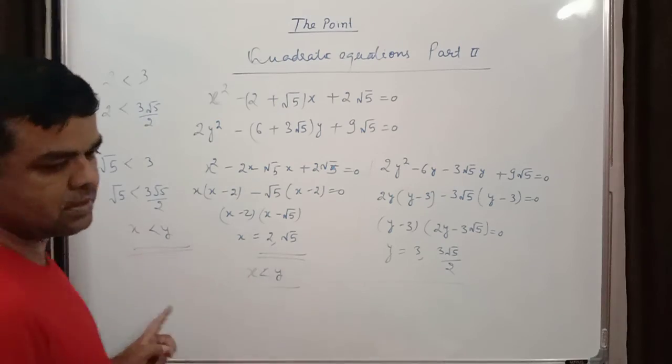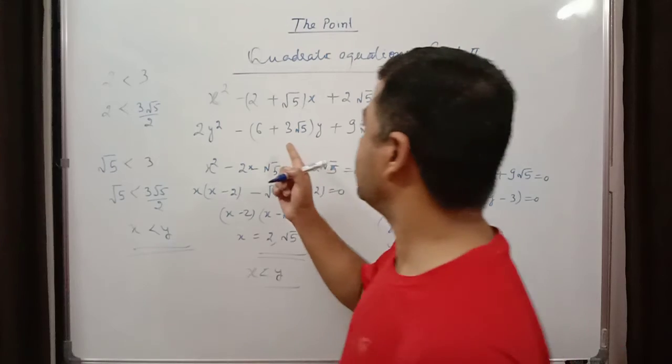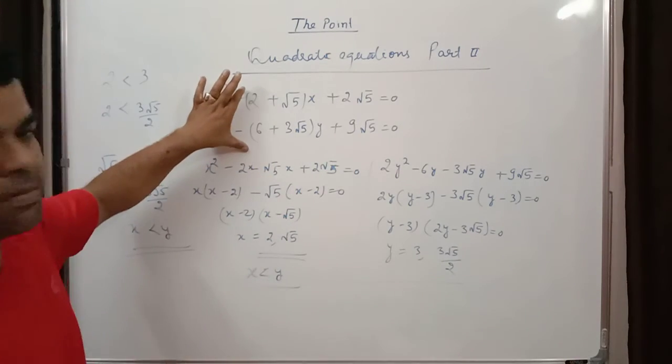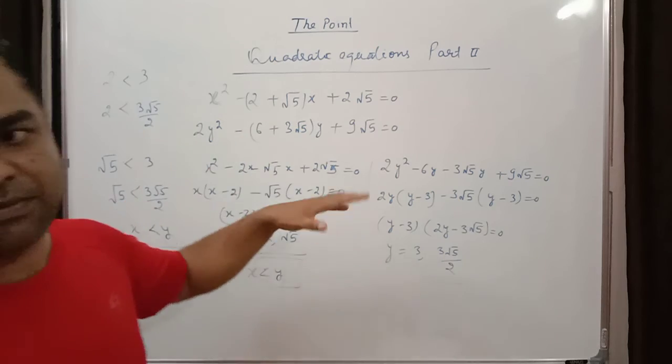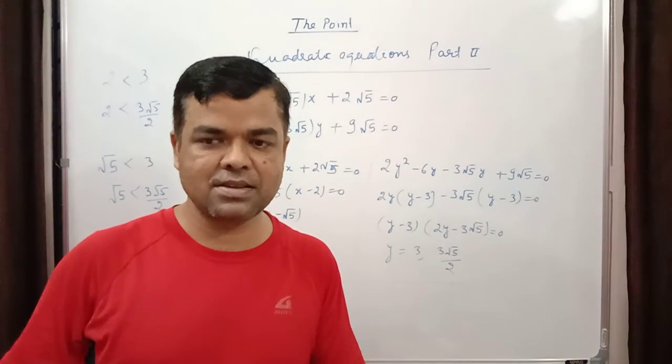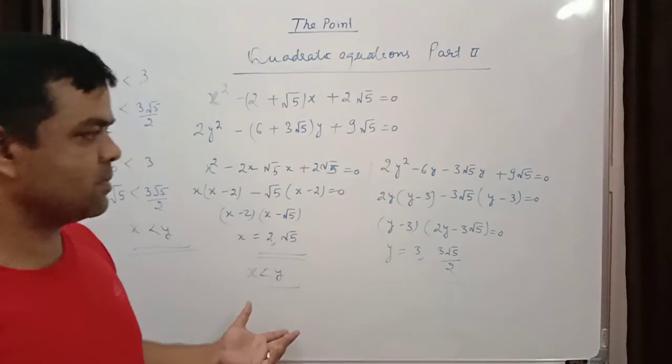So this type of question is generally asked in mains exam, and it is very easy. If it is given in this form, then it is very easy. Directly you can write the roots, and in the first form you can do multiplication, factorization, and write the roots directly. Okay. So one more thing is remaining.